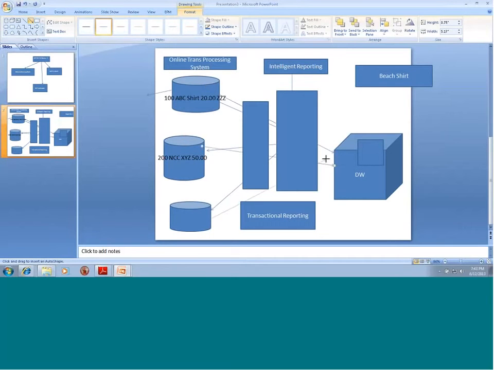This common platform will massage all this data and put it in a common structure, so that a shirt in a specific region will correctly map to a XYZ object, which is also a shirt in a different region. So we are going to convert all this data and bring it into a common platform so that we have historical data stored in a system by which I can do my intelligent reporting. So in order to do this, what I'm going to do is,